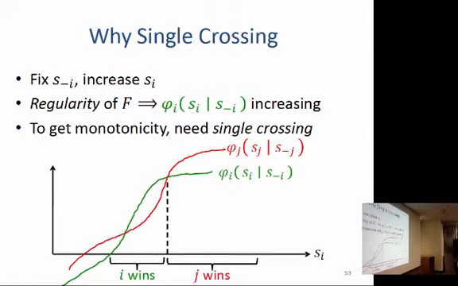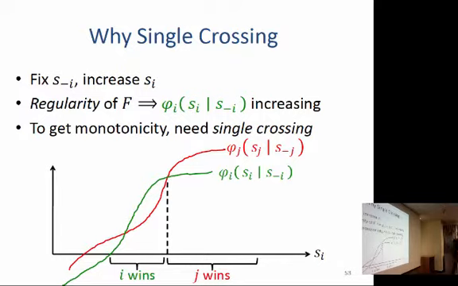Similarly, is this supposed to be the virtual value for player J? Shouldn't that be a function of SI? It's a function of SI that's hidden in the second half, in this condition on bidder I. That's what's changing. Yeah, but the point is we're looking at it here as a function of SI. I agree. Maybe the notation is not perfect.